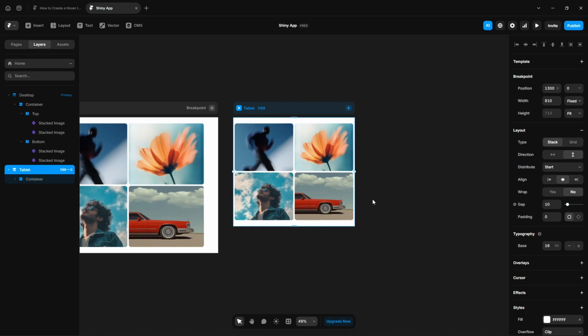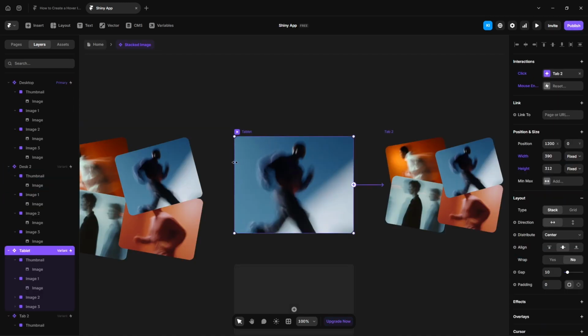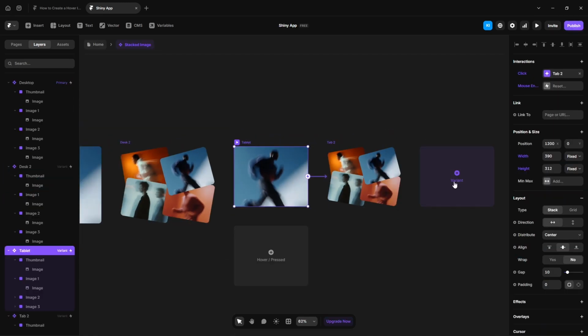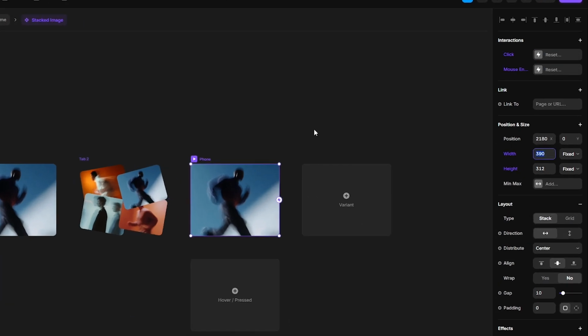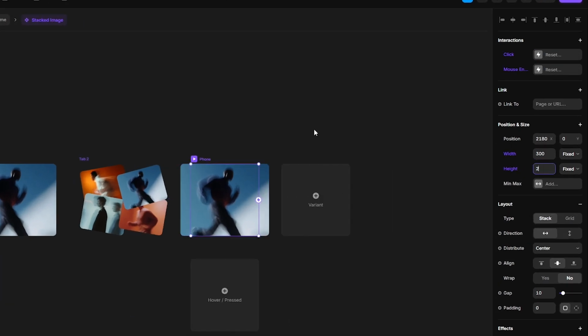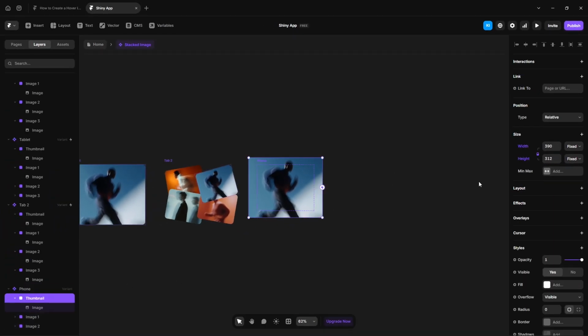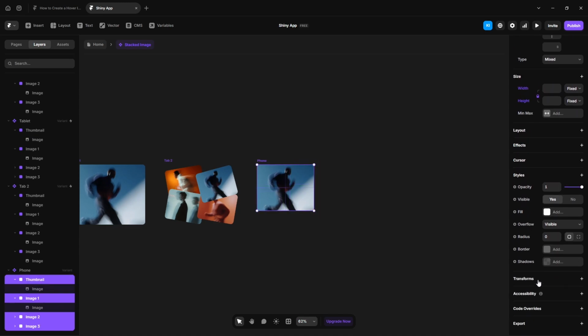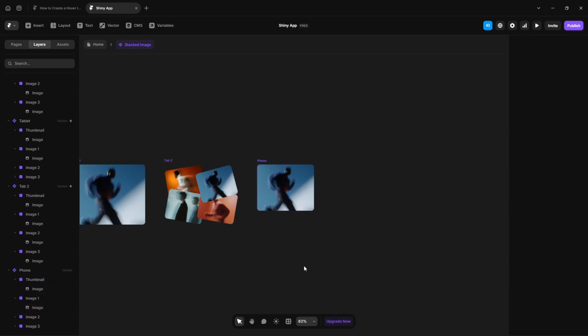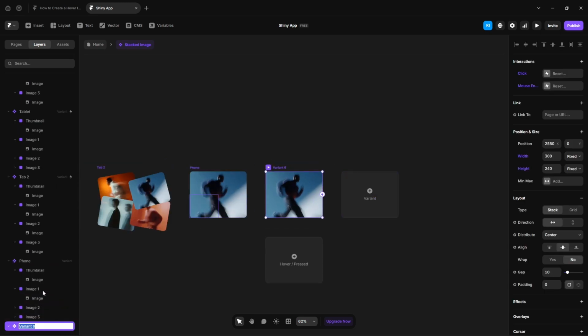Finally, let's make the mobile version. Repeat the exactly same process. Create a variant, name it phone, remove the interaction, width 300, height 240, click the thumbnail 300. As for this, 150, select it, scroll down, transforms, rotate, and then create a variant, name it phone 2